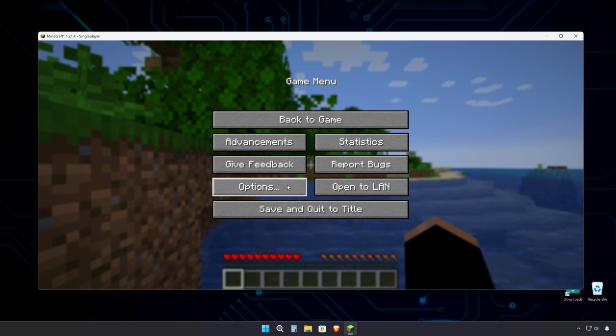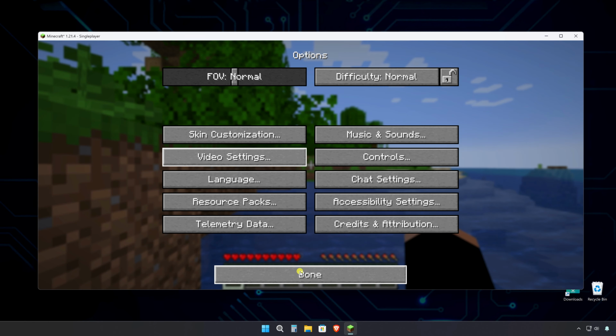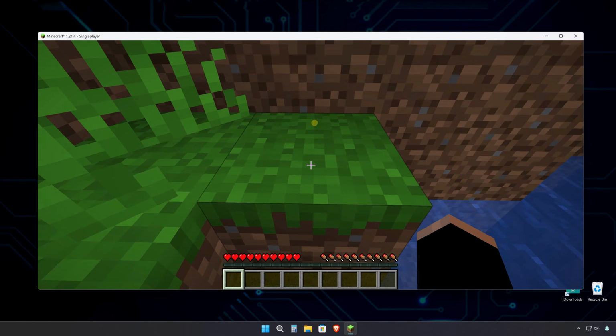Then, in Options, head to Video Settings. If you see the Optifine watermark in the lower left corner, that means you successfully installed it. Now, you can optimize your gameplay by tweaking these game settings to get better performance. Installing Optifine will make a huge difference for Minecraft performance, especially on older